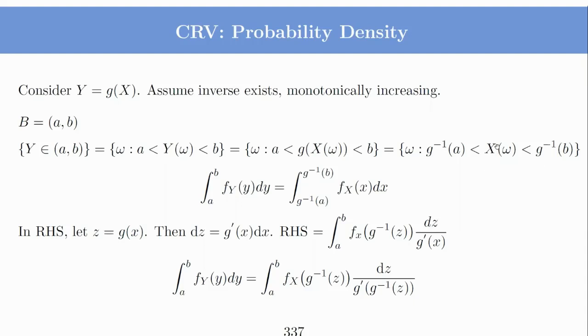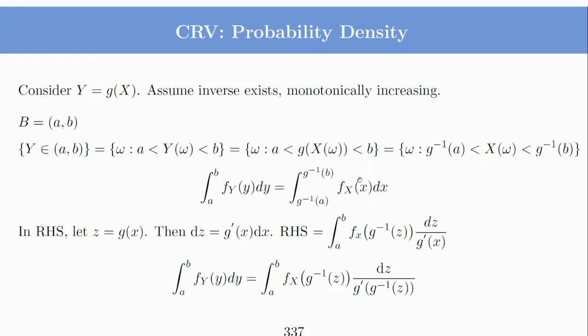Why? Because if X is between them, and you apply function g, which is monotonically increasing, then g(X) will be between g of g inverse a, which is a, and g of g inverse b, which is b. You can quickly plot these functions and sketch it, and you can see why this condition makes sense. The property we have used is that they are monotonically increasing. So anything between these and these, their g value would also be between these two numbers.